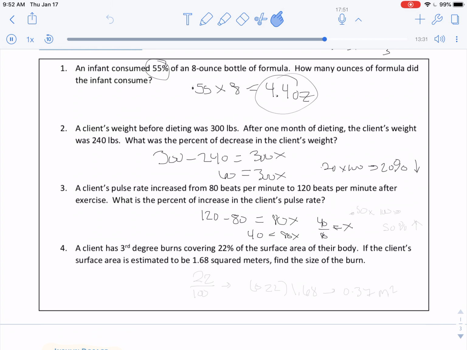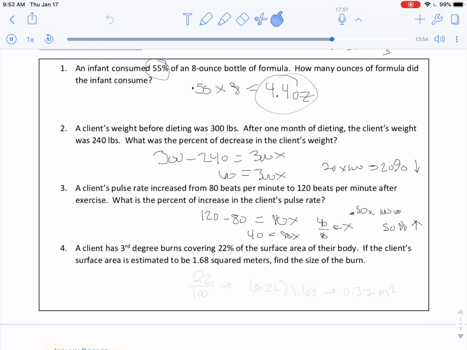And then now we have to figure out how we can convert 0.50 into a percentage by simply multiplying by 100 to get us a 50% increase in the pulse rate of the client. And then for the next problem, we have a client has third-degree burns covering 22% of the surface area